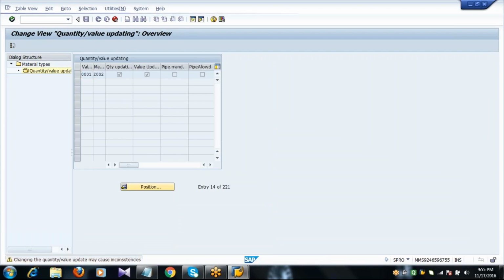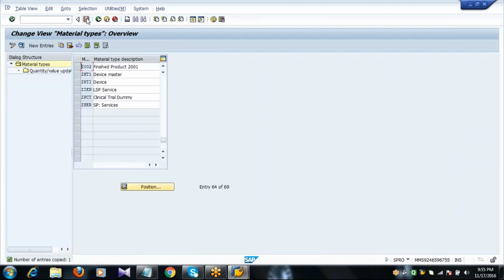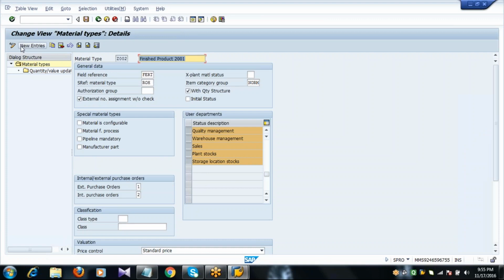Press enter. Save. Select the created material type. Click on details and make sure that the following departments